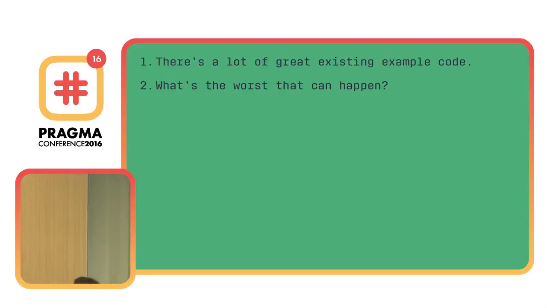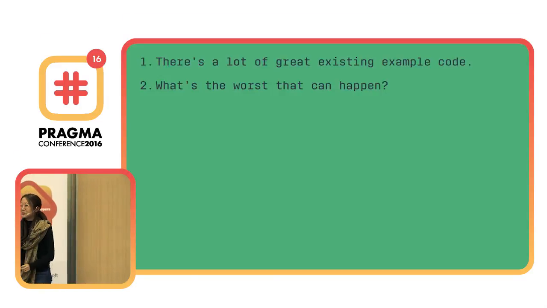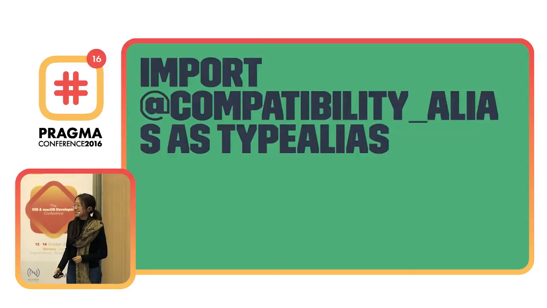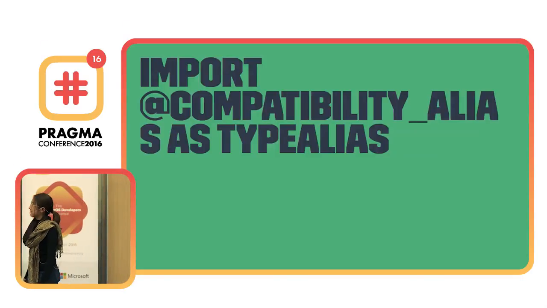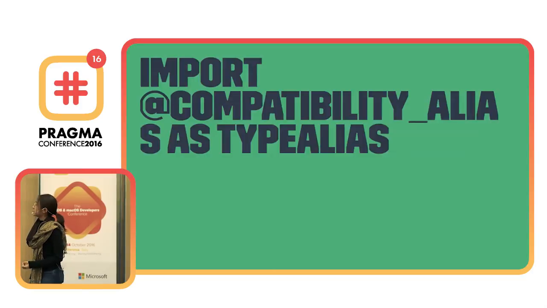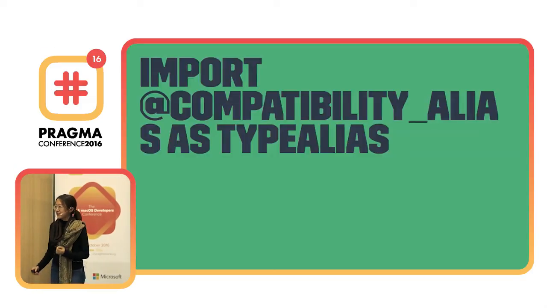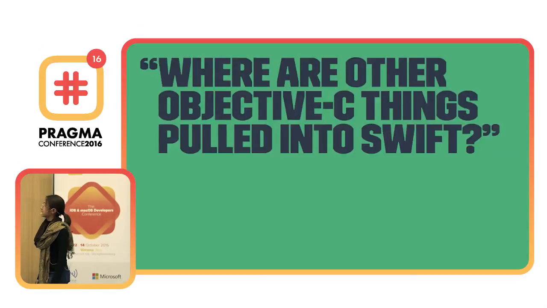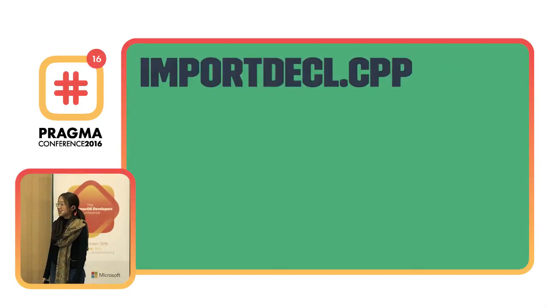So as a reminder, what we're trying to do right now is import Objective-C's @compatibility_alias as a type alias. All right, so how do we get started? Maybe a question that you want to ask is, what other Objective-C things are pulled into Swift? Where are the other Objective-C things pulled into Swift? And then the answer to that is import